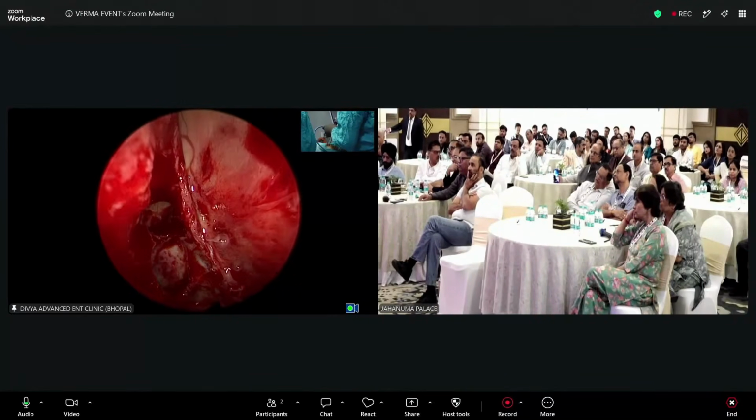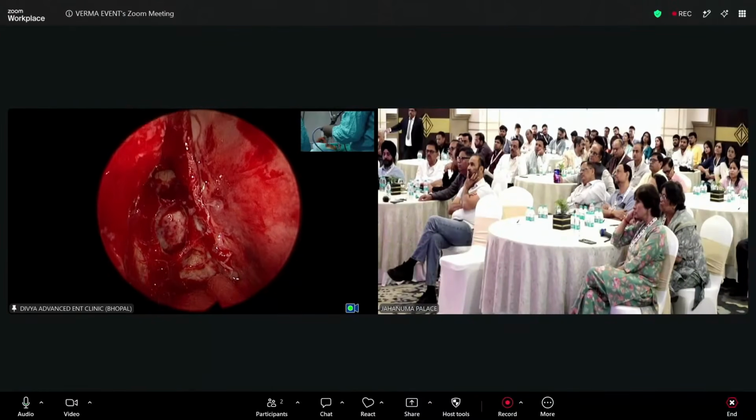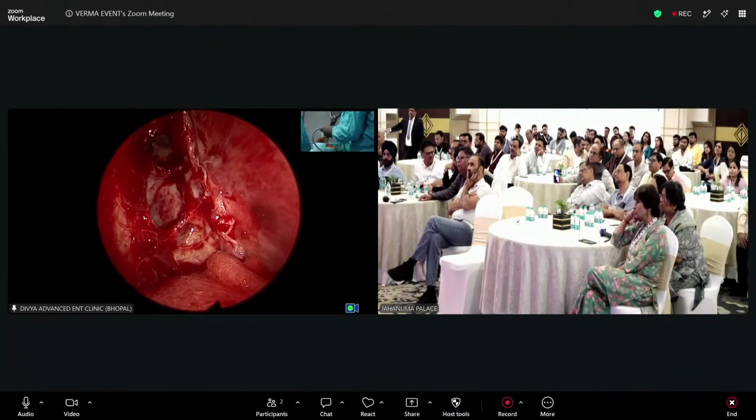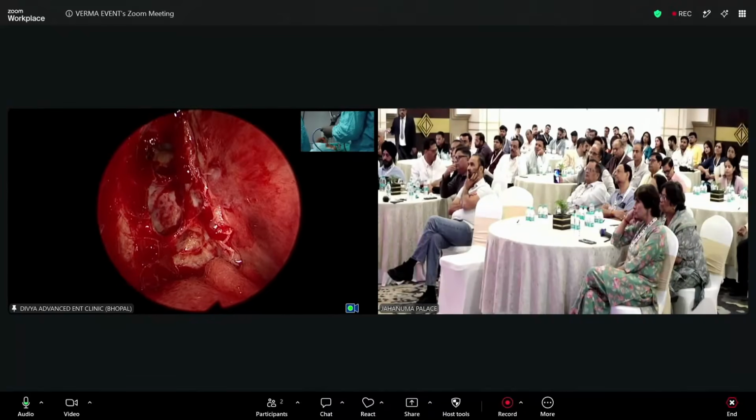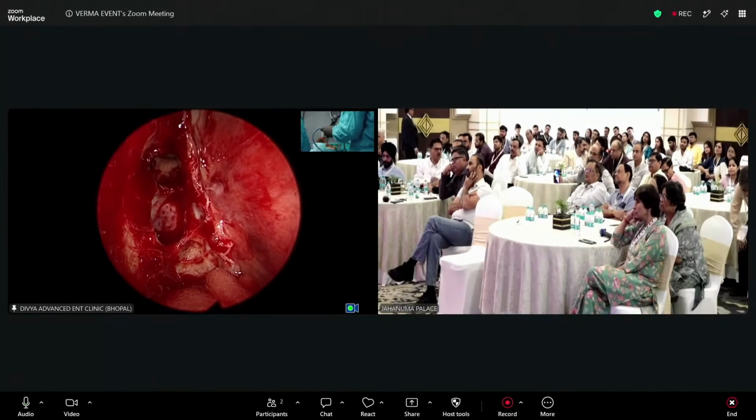So it is not about the puncture sealing. It is about complete reconstruction of the skull base on that side. So let me further